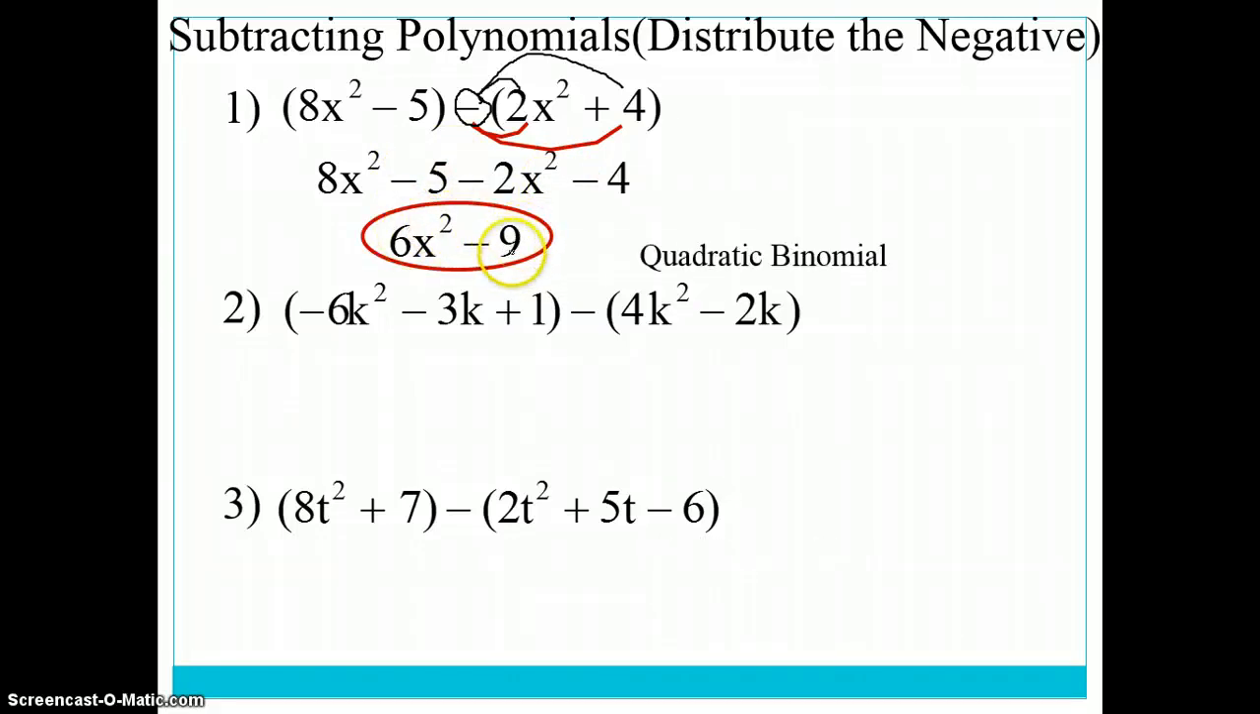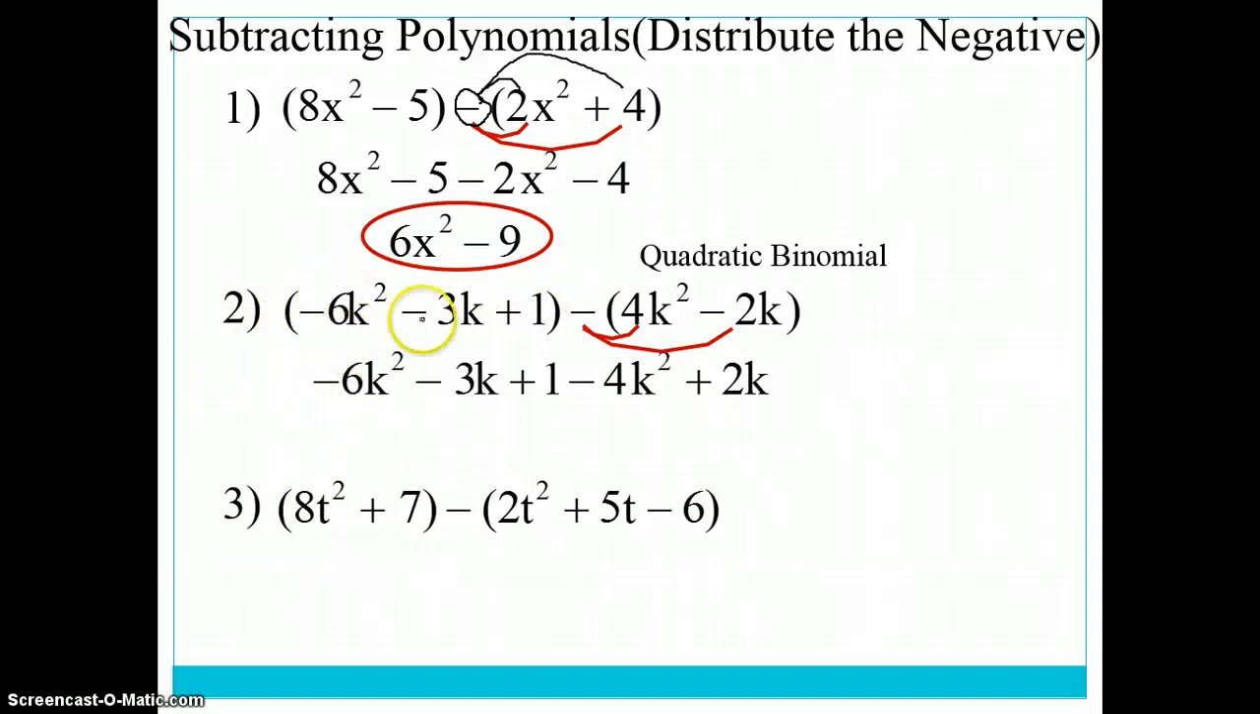Okay? Next one, again, distributing the negative sign. So 4k squared becomes negative 4k squared, and negative 2k becomes positive 2k when I distribute. This side, nothing changes, but get rid of the parentheses. Okay, so I brought everything down as is in the first set. I changed the signs on the second set. Combine your like terms. Negative 6k squared minus 4k squared is negative 10k squared. Negative 3k